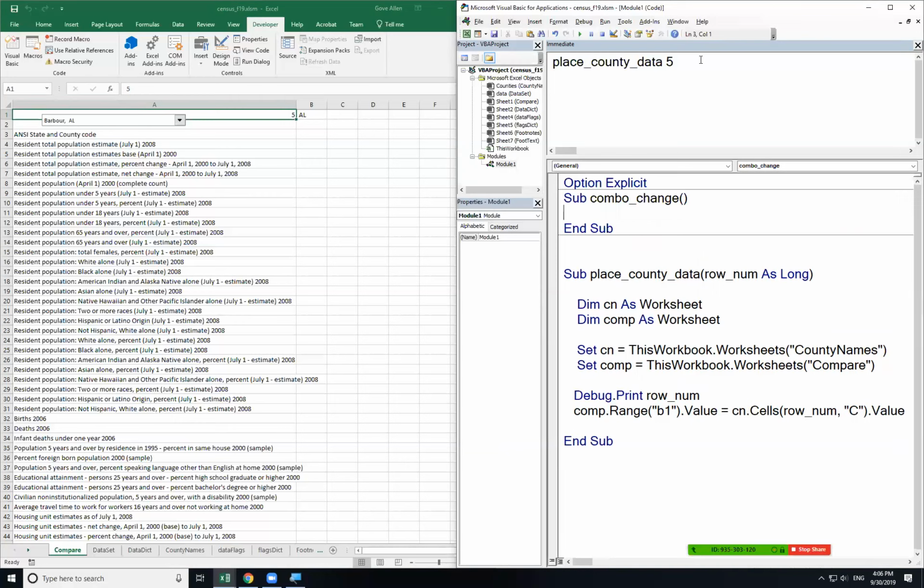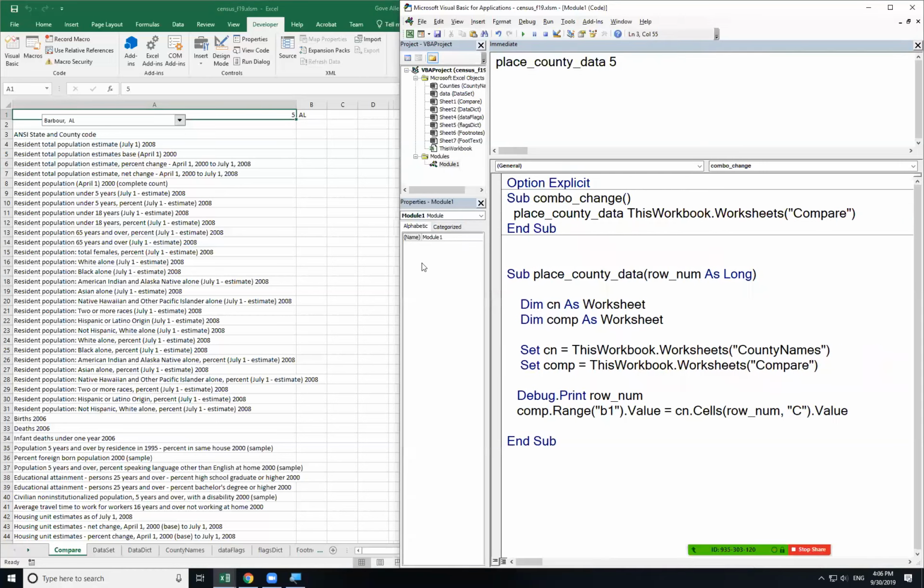And all I'm going to do is call place county 5. All this is going to do is place county, but instead of always being 5, I'm going to tell it to look at, and for this one, I'm also going to want a reference to compare. This is the only time I'm going to refer to it, so I don't think I'll make a variable for it. I'm just going to get to my compare worksheet,